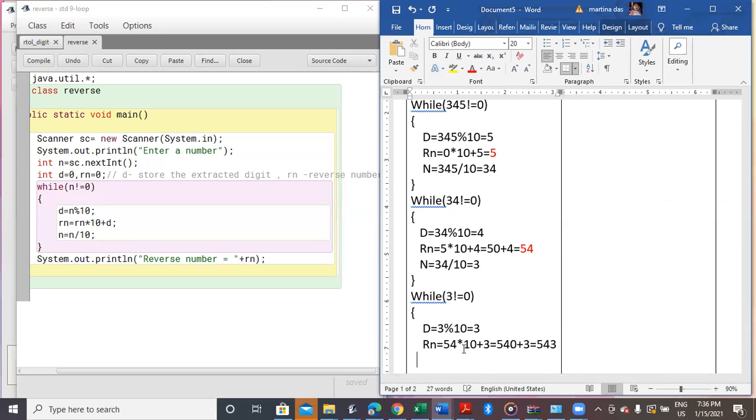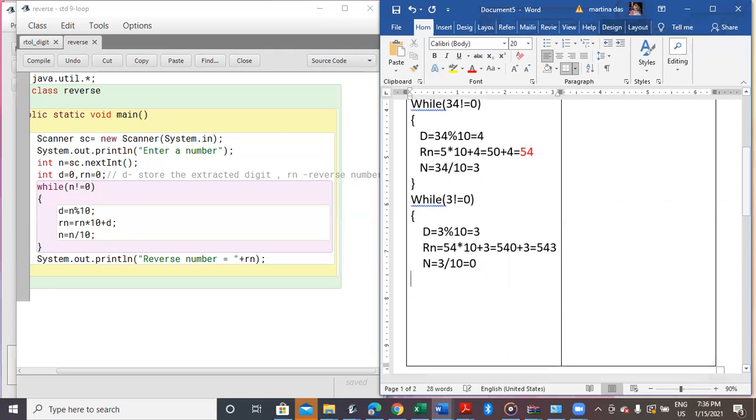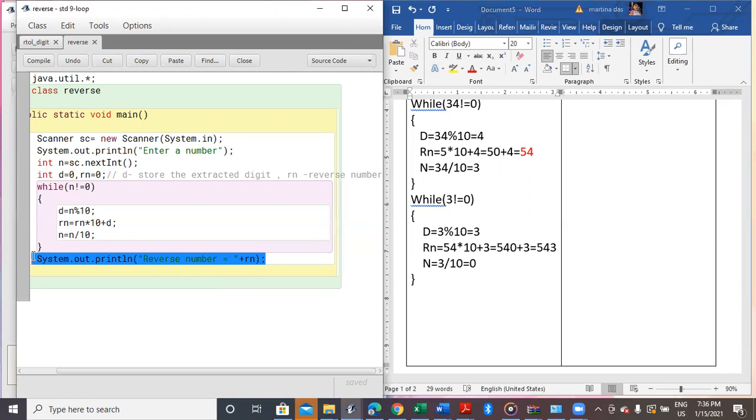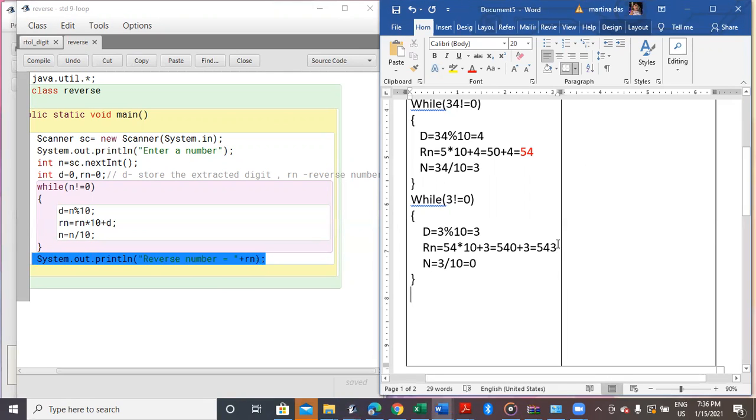So finally, now you can see n equals 3 divided by 10. So the quotient will be 0. Now since it has become 0, no longer any loop will take place, because the condition n not equal to 0 has become false. So when it comes out, as per my line over here, reverse number equals rn. So what is the last value saved in rn?